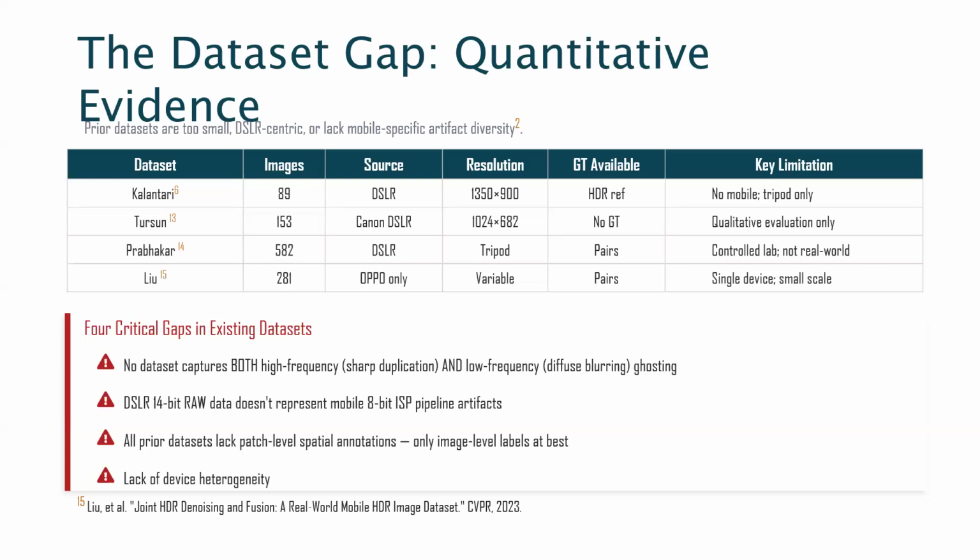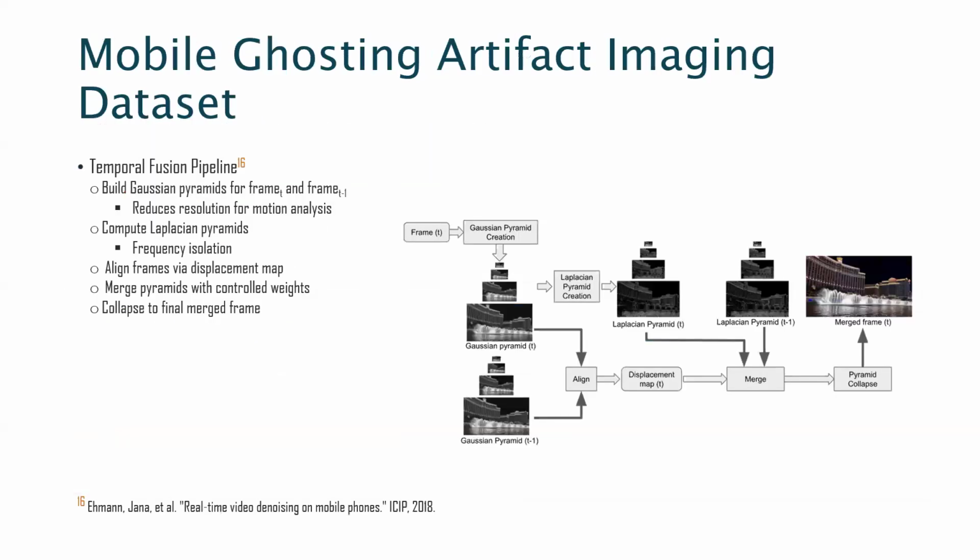presented in CVPR 2023, in which they only use one mobile device, that is Oppo, but the size of that dataset is just 281 images, and it provides frames which you can compare to denoise that image, and you can have as much information as you can. But the small scalability of it, the lack of device heterogeneity, and that sort of problems make it much more difficult. To address that, we designed a dataset, Mobile Ghosting Artifact Imaging Dataset, or MGAD, in which